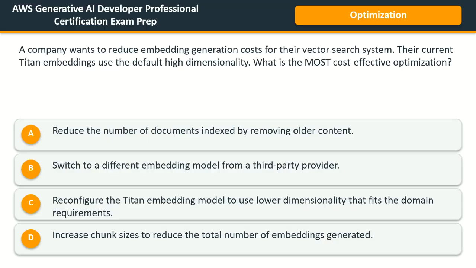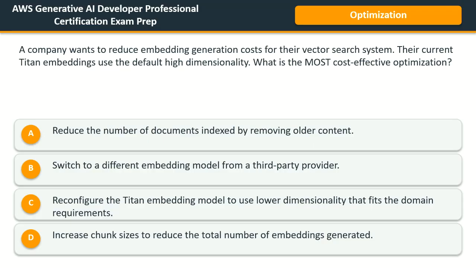If you know Titan text embeddings version 2, you should immediately recall one important feature: configurable output dimensions. Titan does not force you to use the highest dimension. You can choose lower dimensions that still meet your domain's retrieval needs. Lower dimension means smaller vectors, less storage in your vector database, lower memory usage, faster similarity search, and lower overall